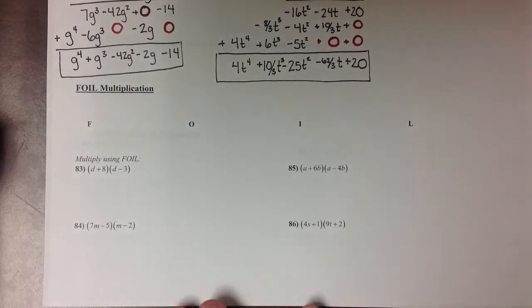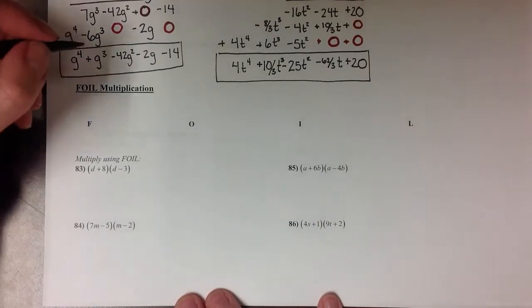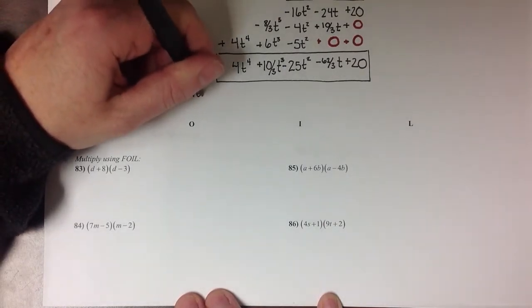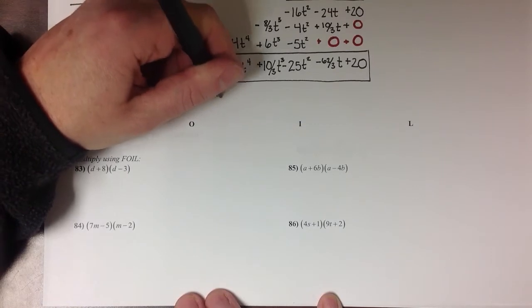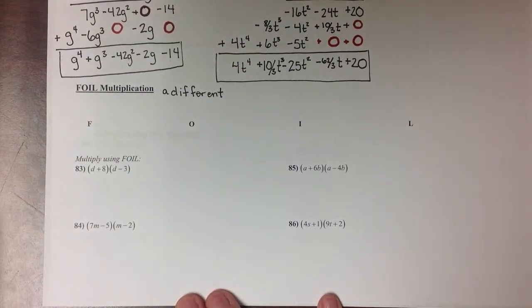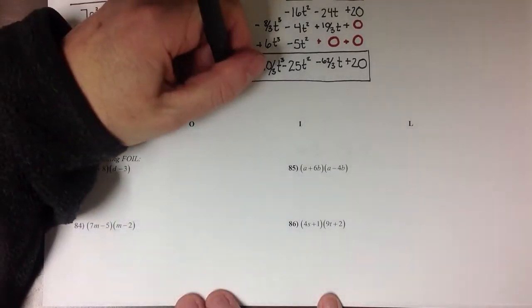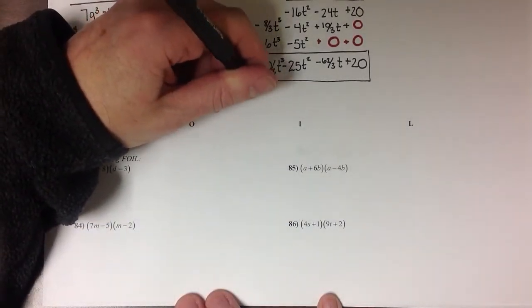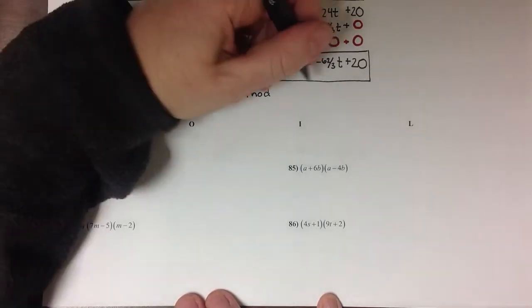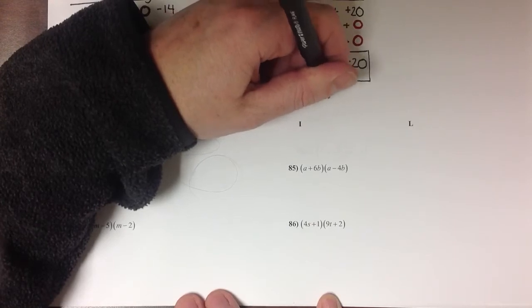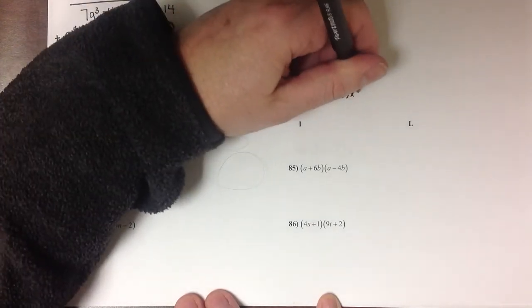FOIL multiplication is an abbreviation that we use to explain another method that you can use for multiplication when you're doing specifically a binomial times a binomial. And a lot of the problems that we're going to be looking at in our course and in your Math 55 course deal with this specific pattern of binomial and binomial. So I'm going to give you an alternative method to the vertical multiplication that you can use for binomial times binomial